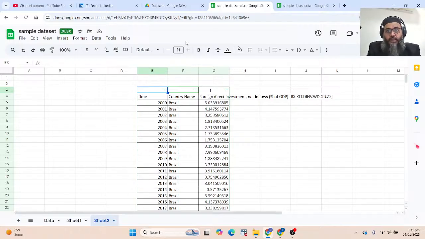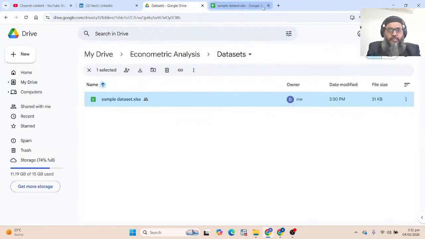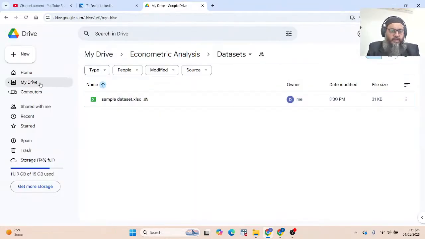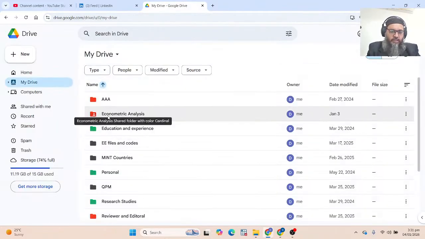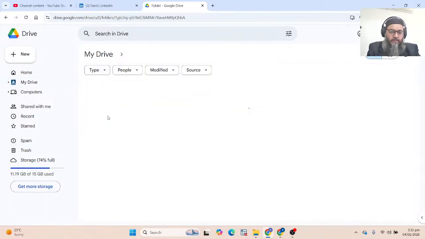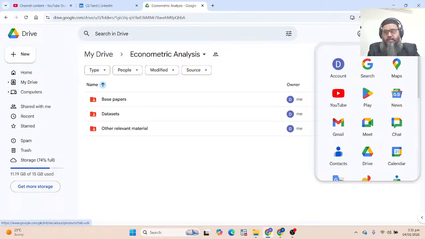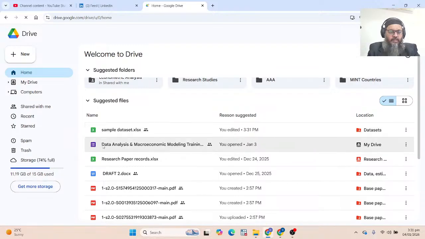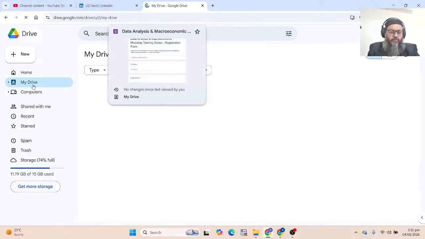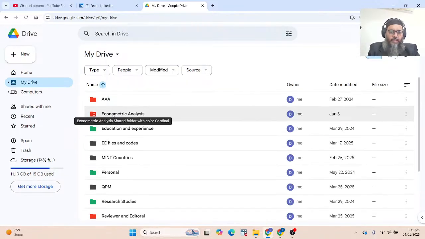Now, as a researcher, just a tip to organize your activities. For instance, if you are new with this, just make a folder on your Google Drive. I will show you. I've already made a folder.